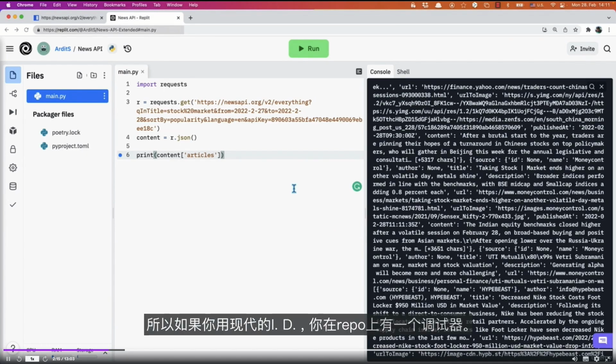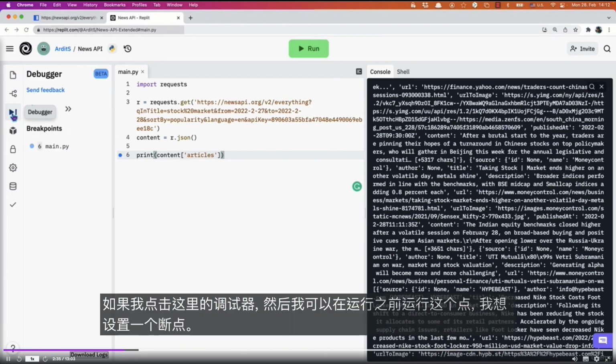If you're using a modern IDE, you have a debugger there. On Replit, there's also a debugger, so I'm going to use that debugger. If you don't know how to use the debugger in your IDE, then it's fine. You can just watch the video for the next minute and see how the data are structured.